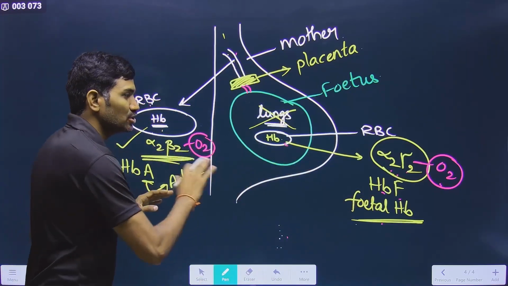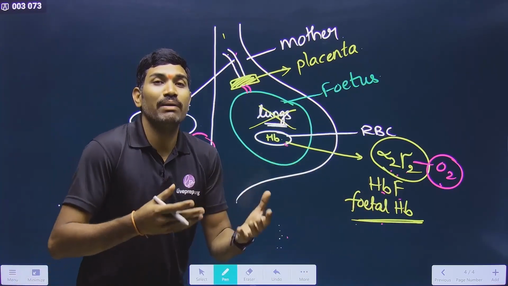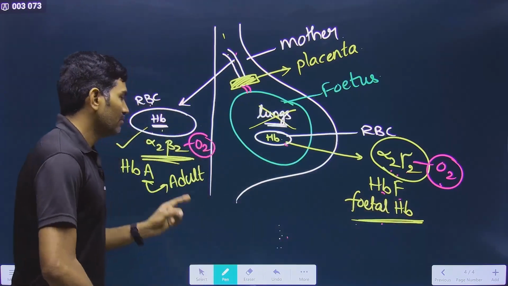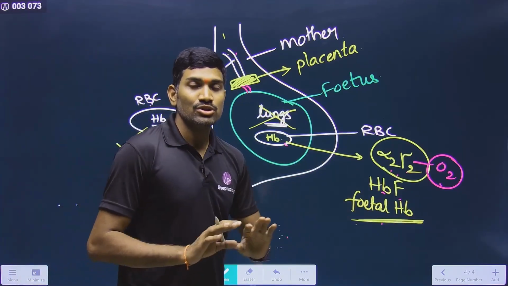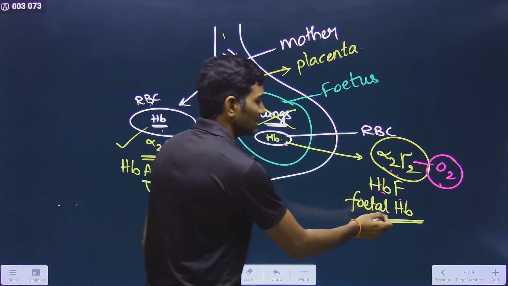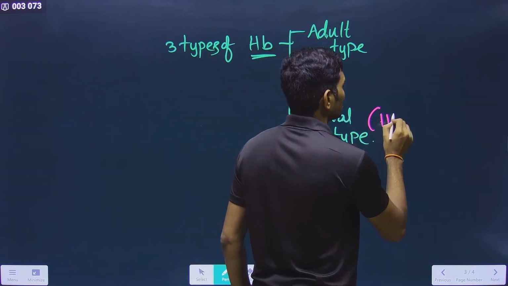So now between these two, fetal hemoglobin has more binding affinity for oxygen. That means oxygen will quickly bind with fetal hemoglobin when compared with adult hemoglobin. Clear? This is what the logic is. So in this way, different types of hemoglobins are present. One is adult, the other one is fetal. So now we will go back to this. So the fetal type is called